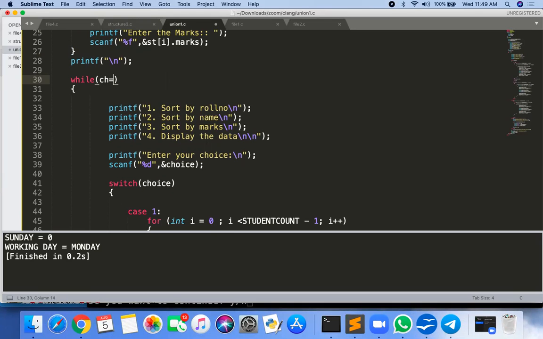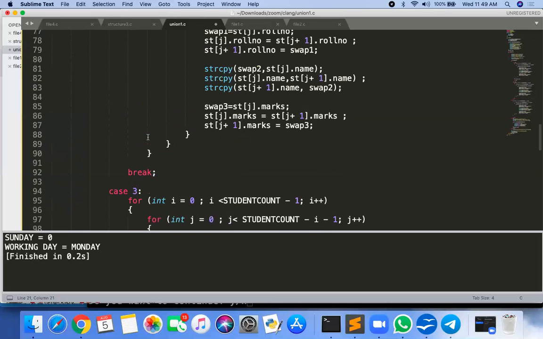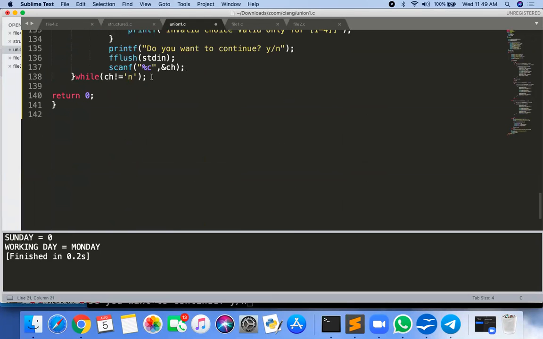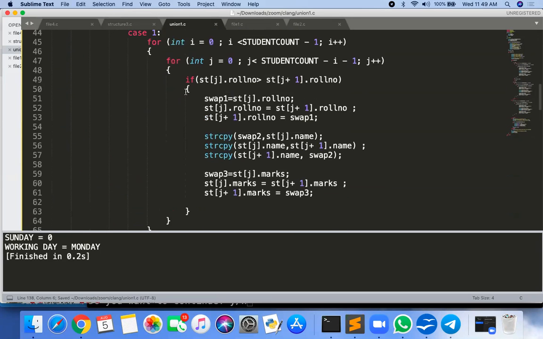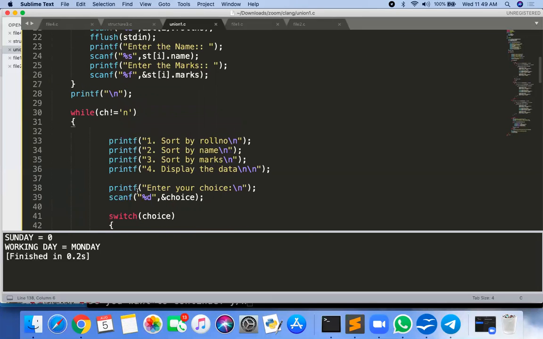If ch is not equal to n, and ch is by default y. Ch is by default y. And just remove this while here. So by default ch is y, so it goes inside.